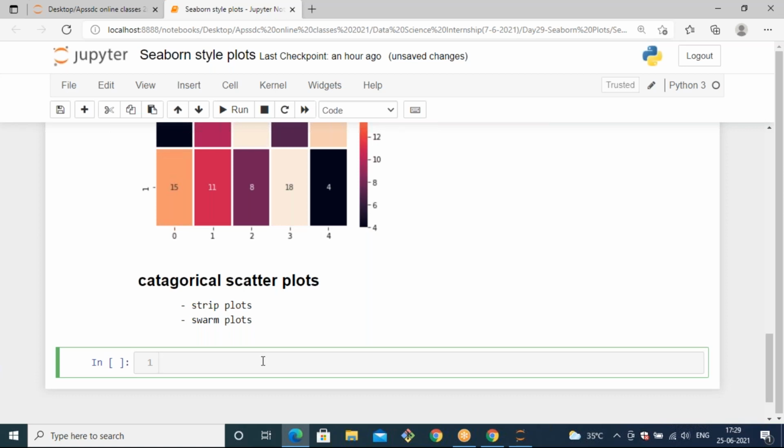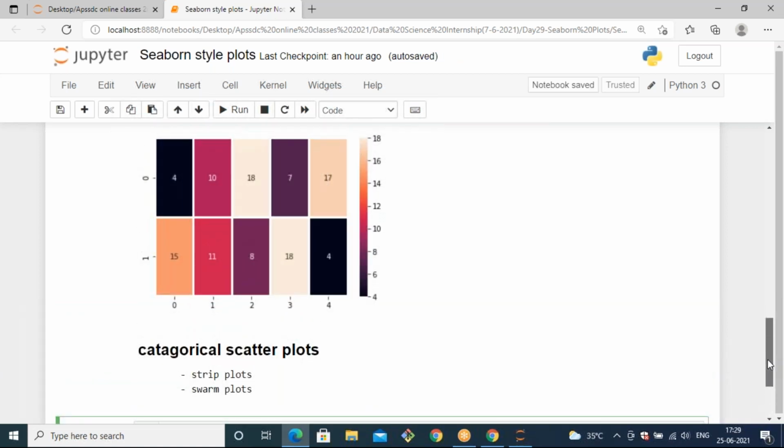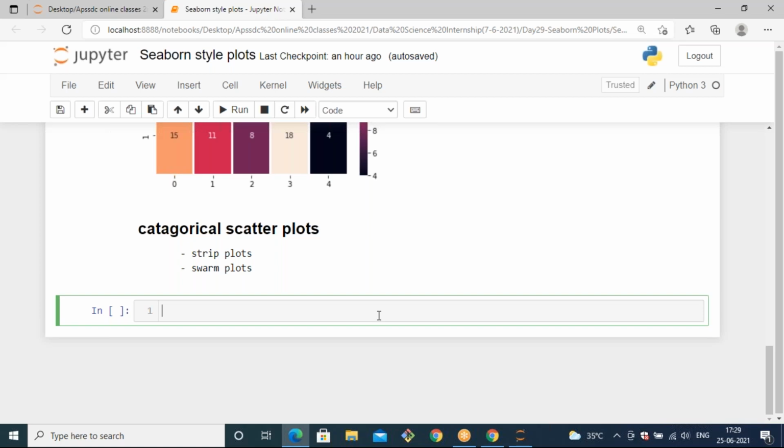Let's see. To observe the changes with respect to these plots, we need to take data, because we are going to visualize something with respect to data. Seaborn has some inbuilt datasets, which is also one of its advantages.